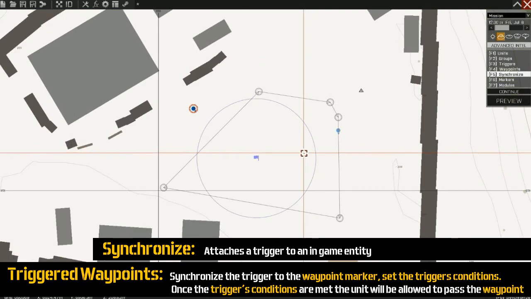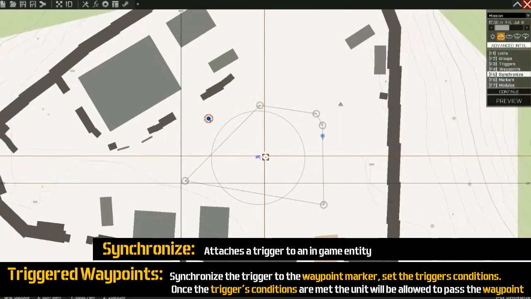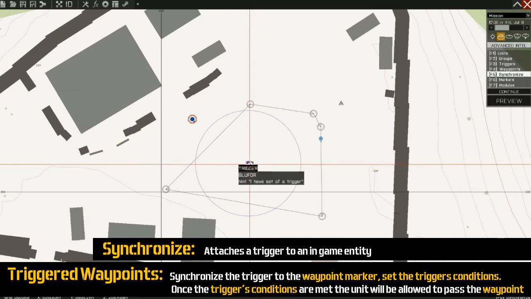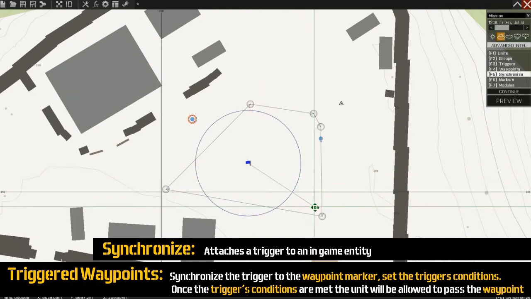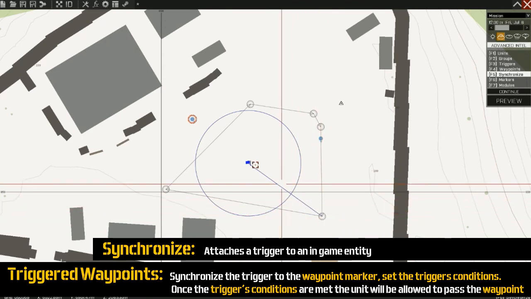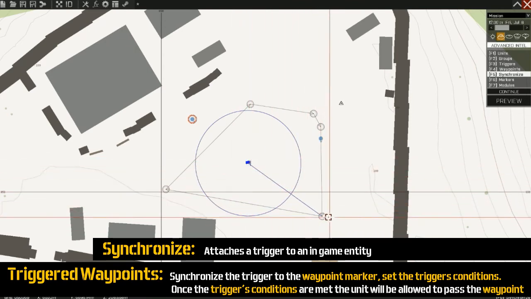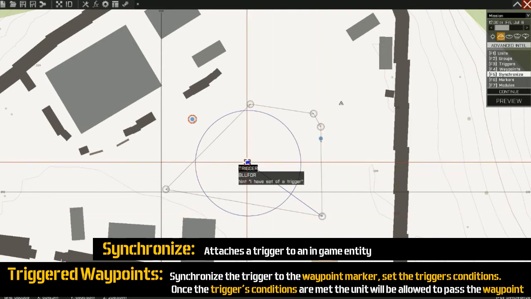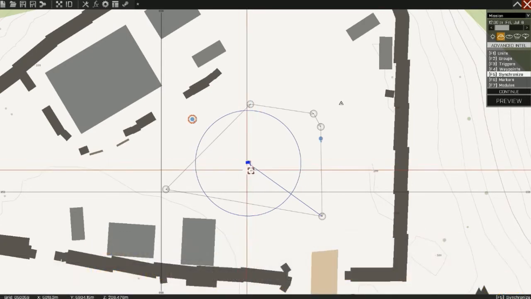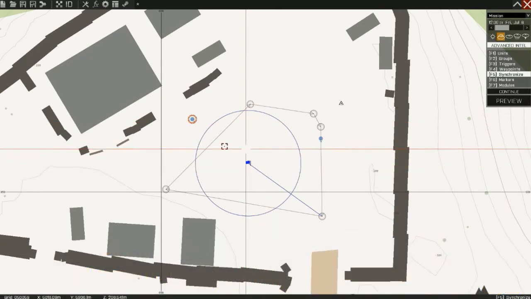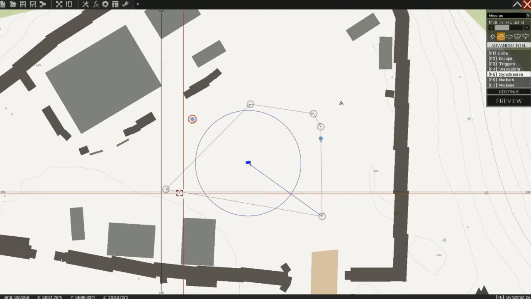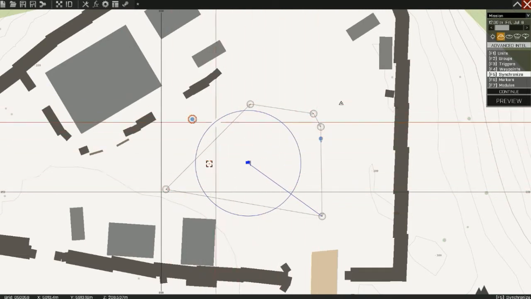But we're going to go one step further, and we are going to use the synchronize function. The synchronize function can be used in numerous cases, but just for the sake of the context of a trigger, if we click the trigger and we drag to this waypoint here, this waypoint is now synchronized to that trigger. So that waypoint cannot be passed until this trigger is set to true, or activated, just for the sake of simplistic terms. So now if we preview, what should happen is that unit will walk to here, but he will not walk any further and continue his cycle until we have walked into this circle.